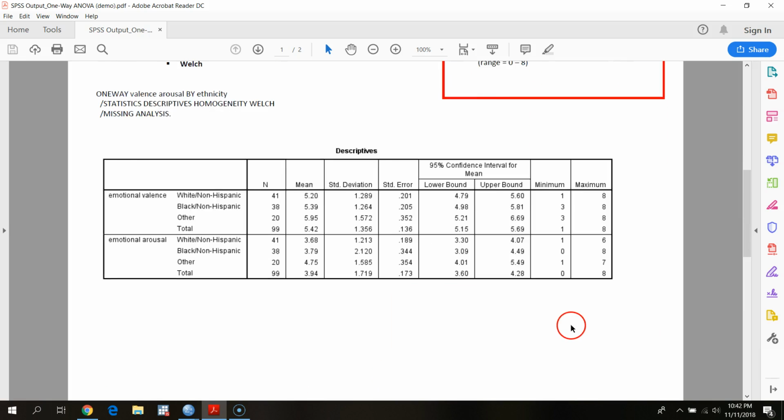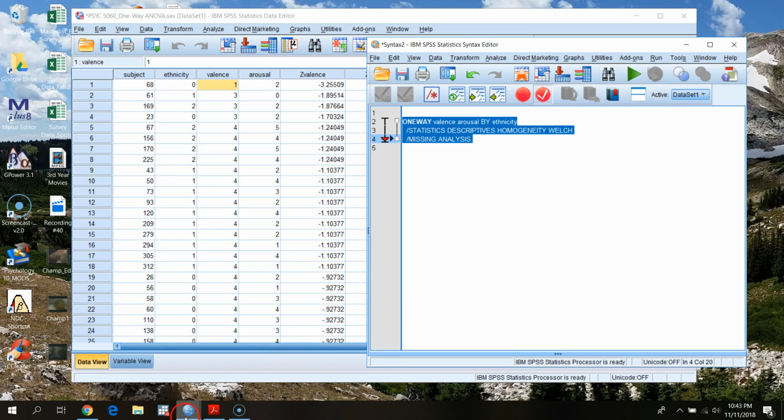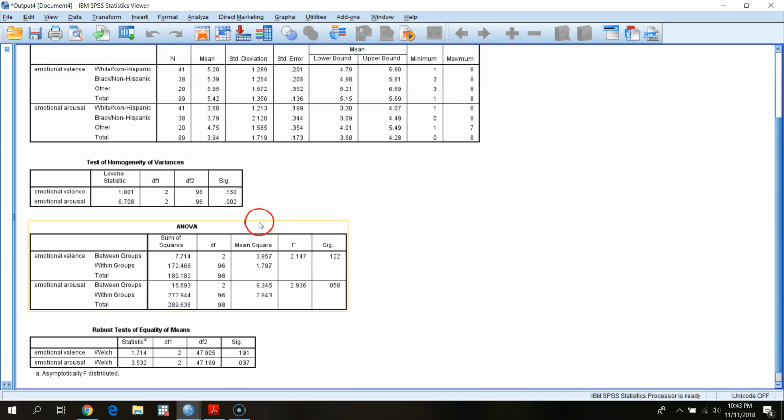Again, big takeaways here. Violation of homogeneity of variance. Here, I'll go through and open this up. Okay, violation of homogeneity of variance for one outcome but not the other, this maybe being of a little more concern given the unequal sample sizes. Based on these data, there's not a lot of evidence suggesting systematic or reliable differences across ratings of valence by group. But again, looking at our Welch test down here,